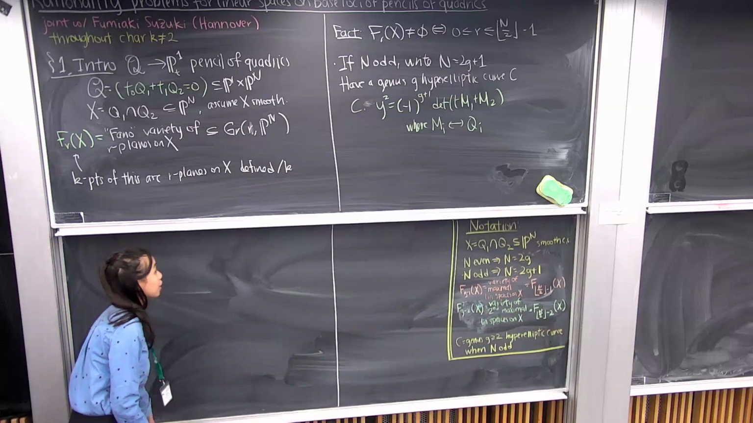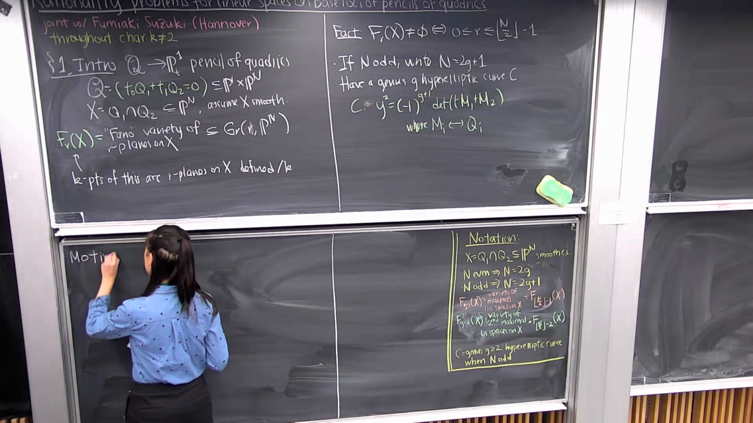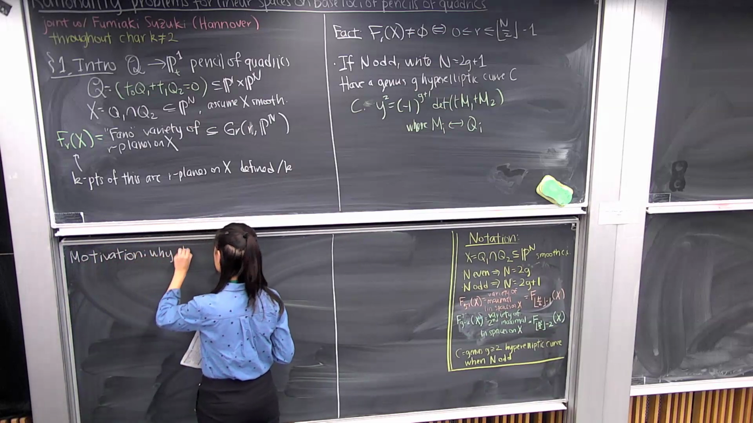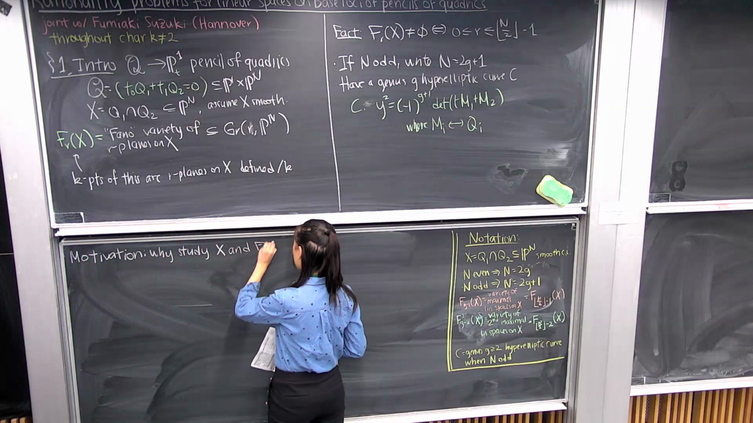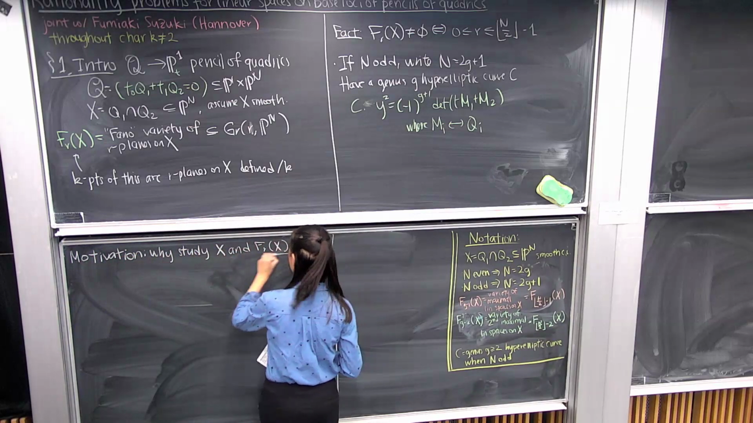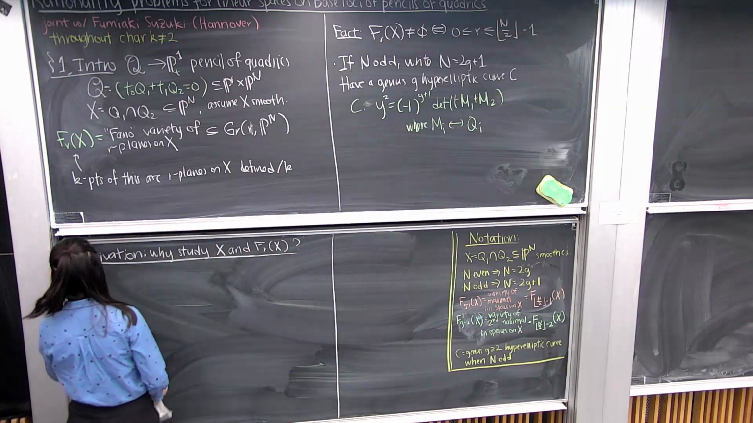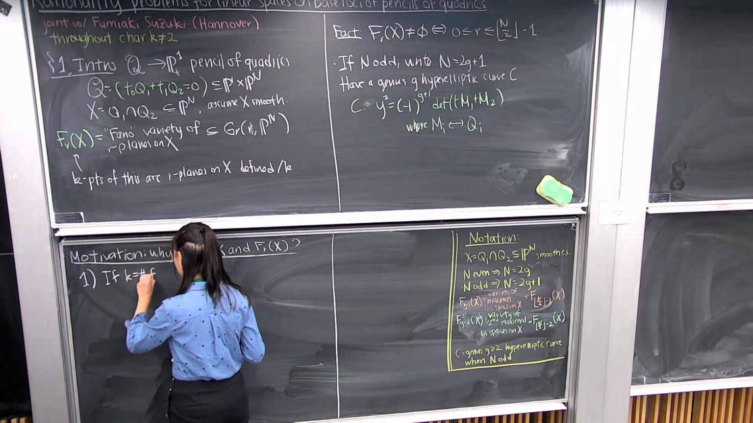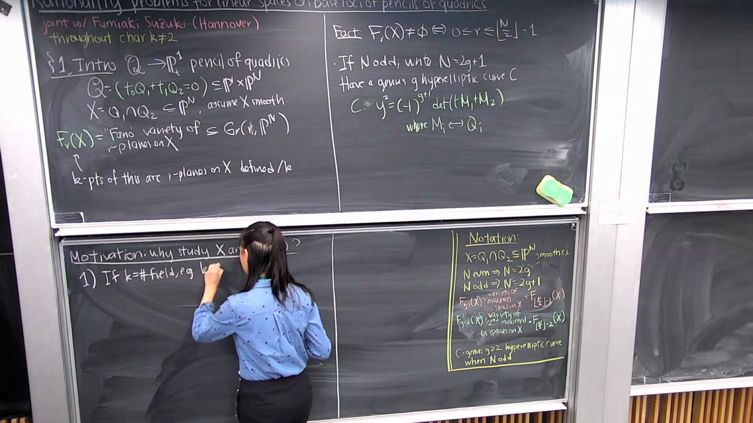So for the definitions, clear? So I just want to give a few pieces of motivation for why we study X and F_r of X. Okay, so the first piece of motivation: if K is a number field, for example Q, then